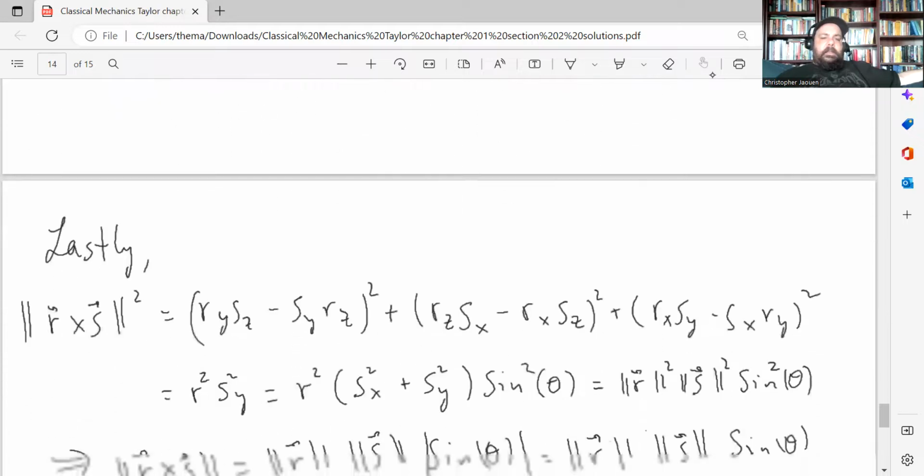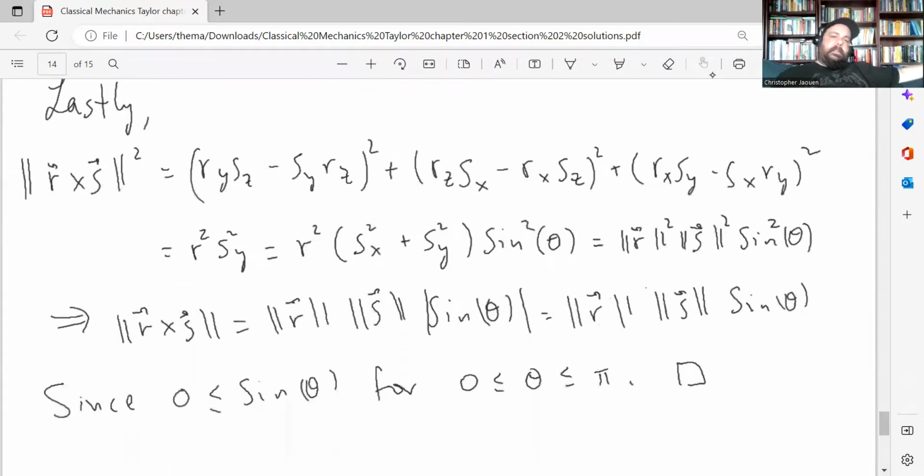And then lastly, if we look at the square of the length of R cross S, by our formula for the length of a vector, it's just the sum of the squares of the components. And if you plug in the coordinates into that formula, again, it simplifies to R squared S_y squared, which is equal to R squared. And then let me bring up my marker because this might be a little confusing. So this is equal to